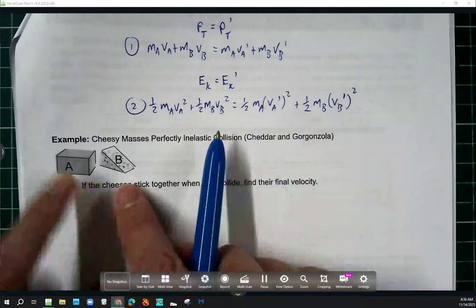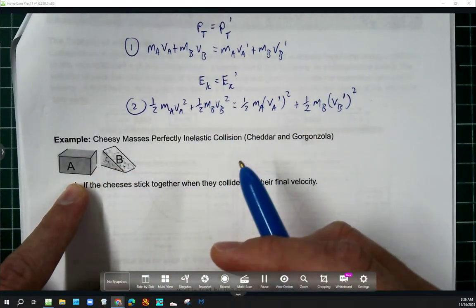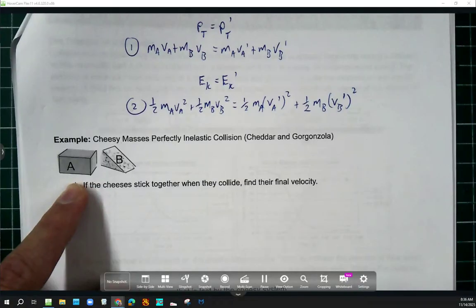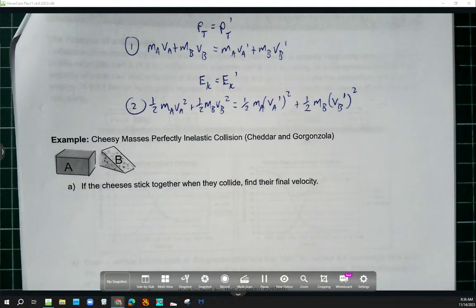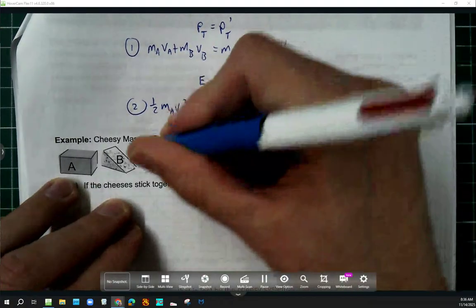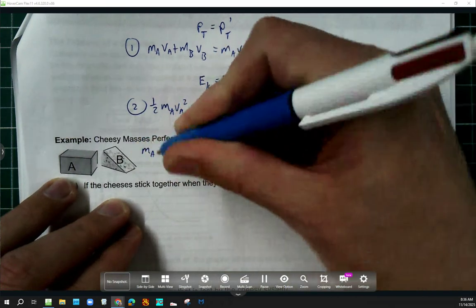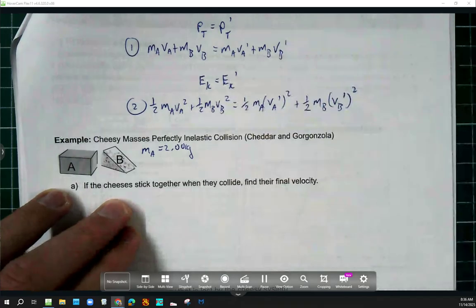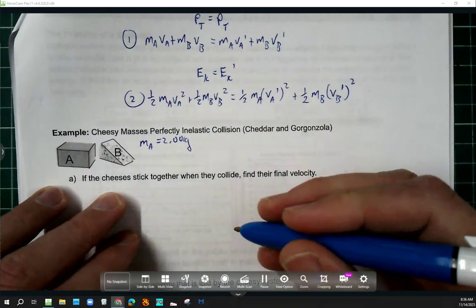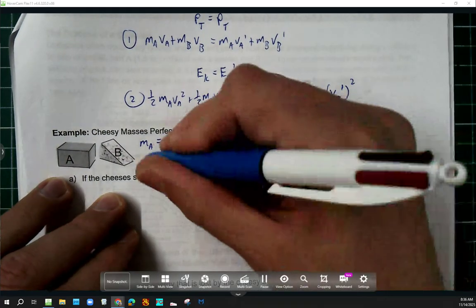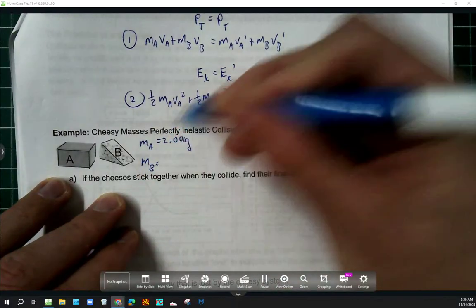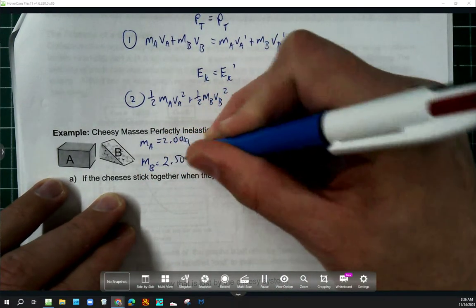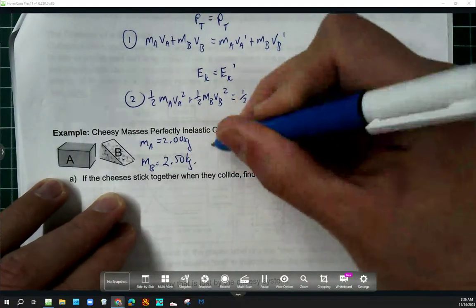So I've got mass A and mass B. These are 2 pieces of cheese. I'm choosing cheddar and gorgonzola because I feel like if I shot them at each other, there wouldn't be any damage, okay? So I have mass A, 2.00 kilograms, and the way cheese prices are going these days, that's a valuable piece of cheese right there. Mass B, gorgonzola, even pricier, 2.50 kilograms. And they're going to get shot at each other